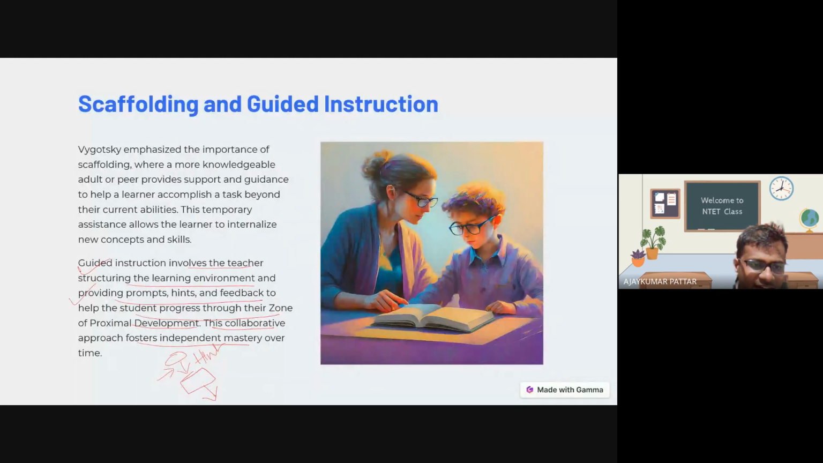So that is the guided instruction, which means prompts. Prompts means giving the inputs. Generally we use these prompts in artificial intelligence, the input we give, we are giving prompts. A term like prompts, hints, feedback. Not 'don't do this, do it like this'. These types of things are guided instructions. So these will help for attaining the zone of